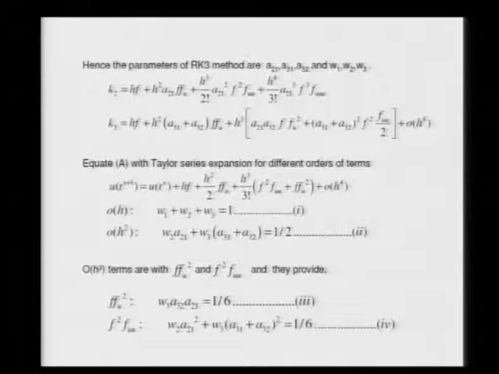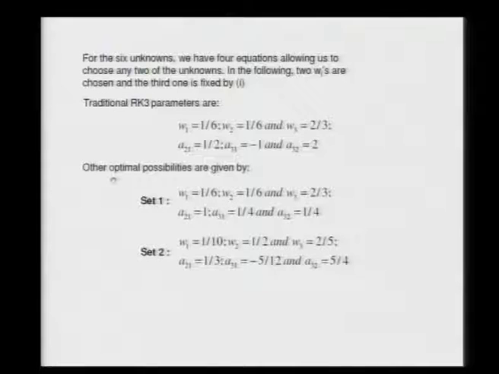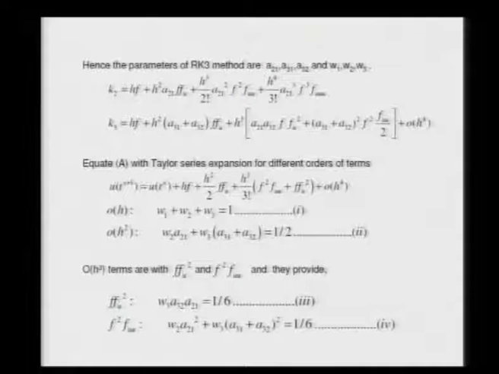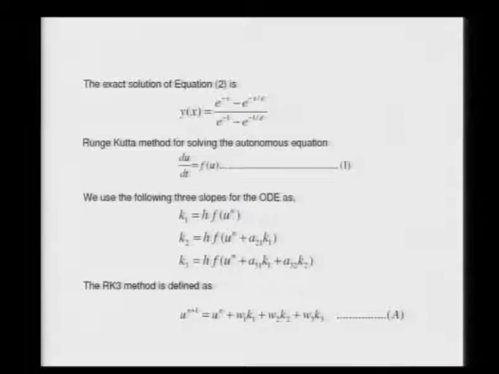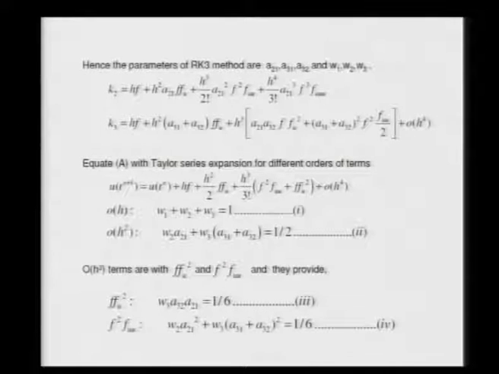Now, what we have noted is that we could also write down the Taylor series at the new time level t n plus 1 in terms of u at t n plus these other terms indicated here. If we equate this Taylor series with the term given here as A,